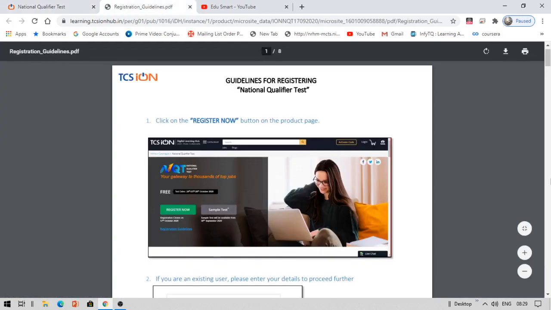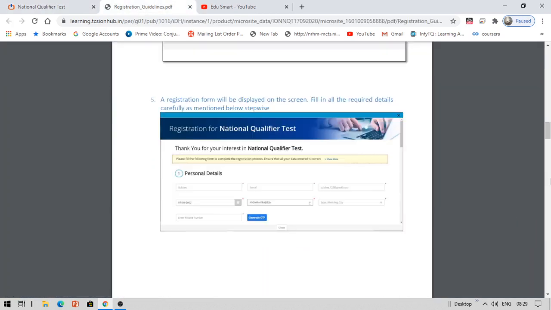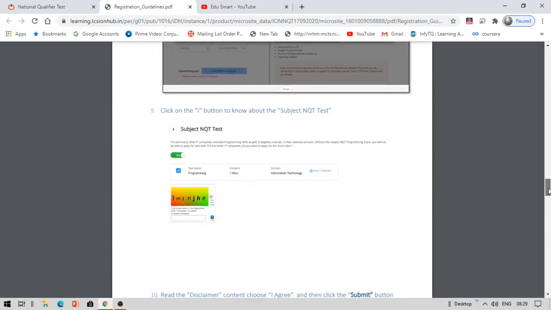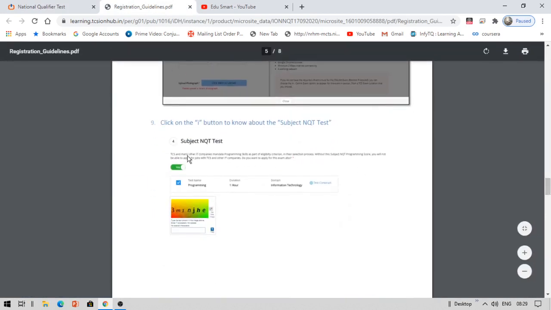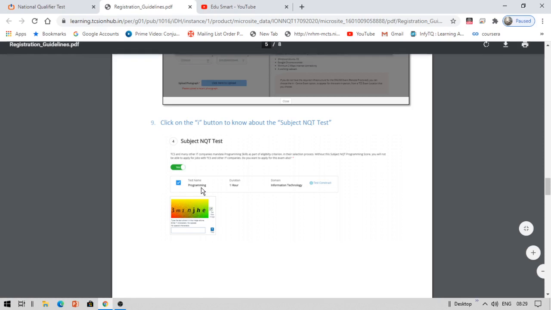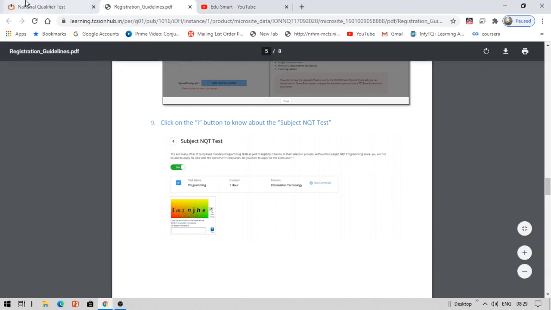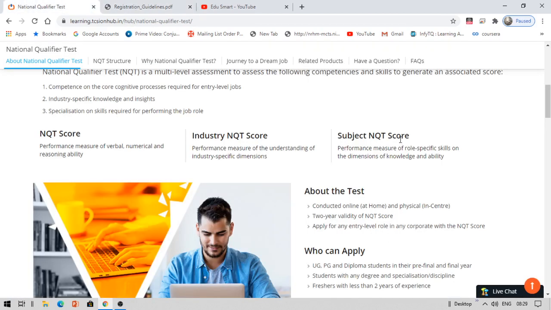You must choose the programming exercise. If you don't choose this, you will not be considered for employment under TCS or any other companies, because most of the companies look for programming knowledge. For this reason, you are required to give programming under subject NQT score as of now.